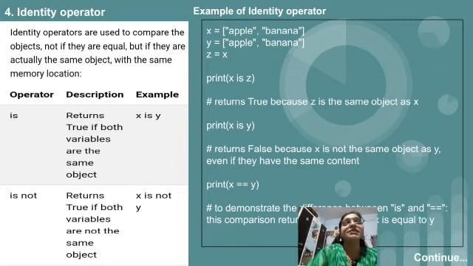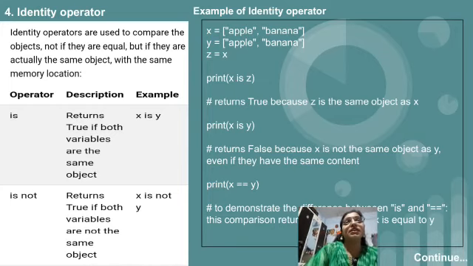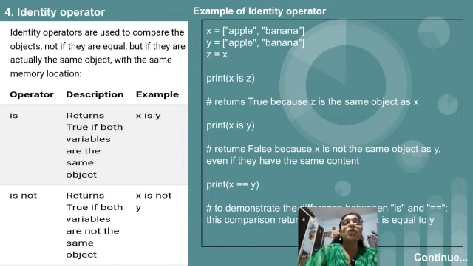So x equal to, within square brackets and within double quotes, they have taken two values, apple comma banana. Actually this is called a list in the Python programming language. When we provide a comma separated list within square brackets, that is called a list. Actually it is similar to an array in other programming languages. So x and y are similar to arrays, but it is called a list in Python. And then the third statement is z equal to x.